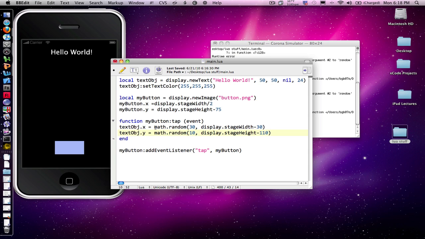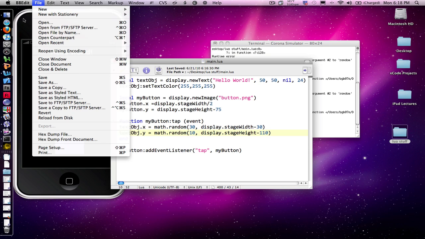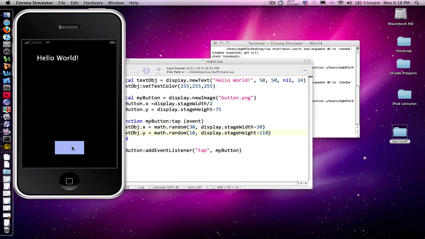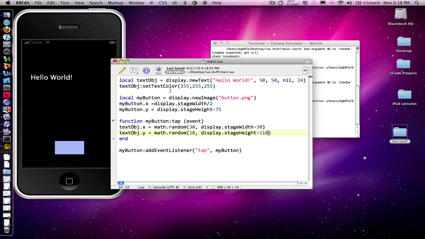Now I'm just simply guesstimating here. That doesn't make this good code, and we need to save, and we can do a relaunch again. And now, well, it's still going off the side, but it's doing a little bit better. So we could spend a lot of time playing with these numbers to get it right. Now, that's not necessarily good programming. It can pass in a pinch, but I wouldn't call it good programming,